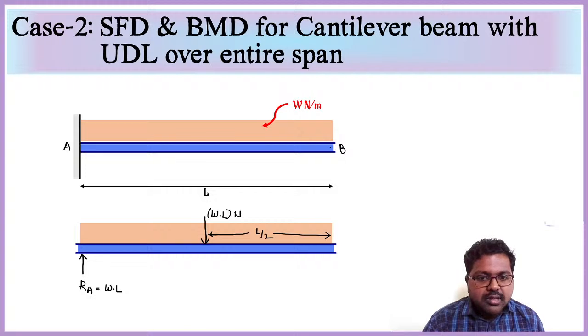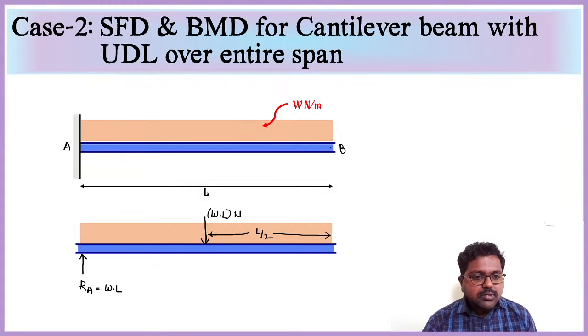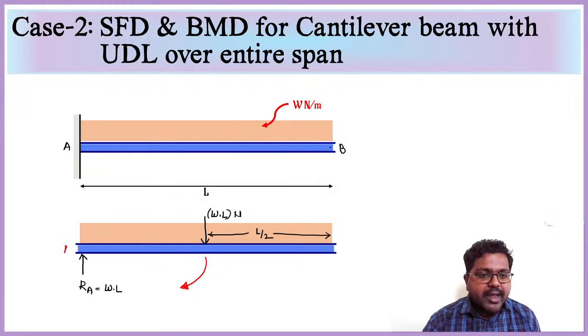And at the same time, this point load, this UDL we converted into a point load, will cause a moment, right? This load, or the entire load, will cause a moment in the clockwise direction at point A. So at point A, this load tries to create a clockwise rotation. So an opposite reaction force and reaction moment have to be developed,